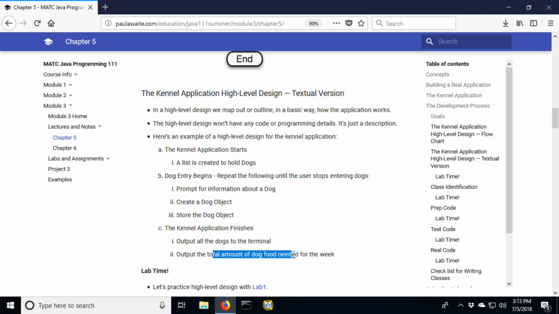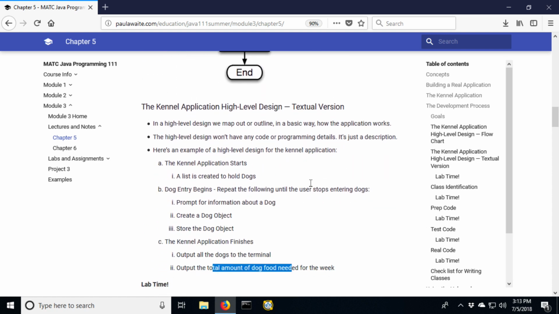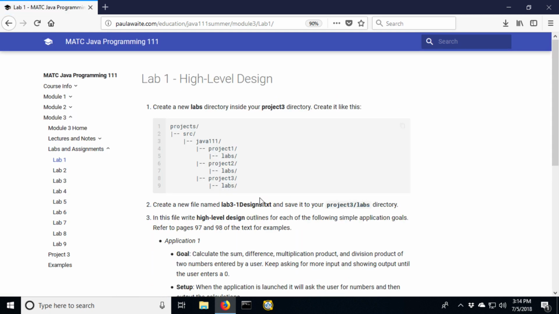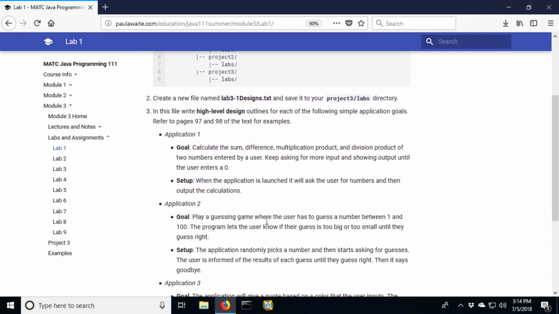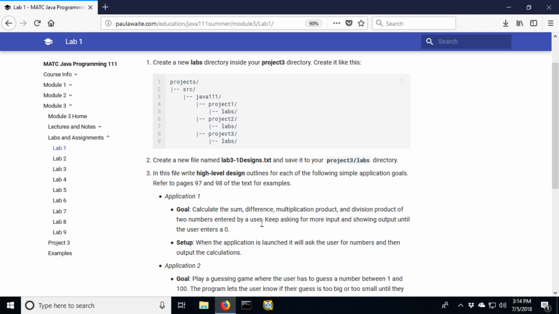That's the very first step, is to understand the problem and then think about how you might break that down. Now, the two examples I've given you will be a great template for you to use as you are working through the labs and the project. So it's time now to practice with Lab 1. And in Lab 1, you're given 3 different applications here. So application 1, 2, and 3. And the goal is already defined for you.